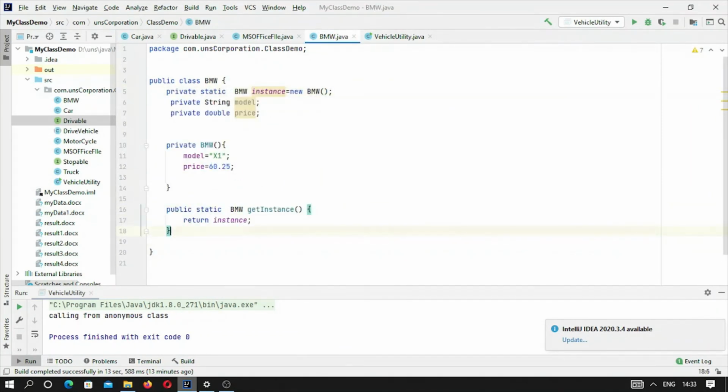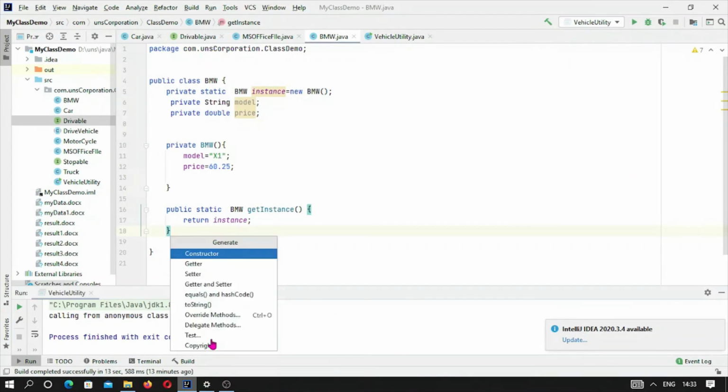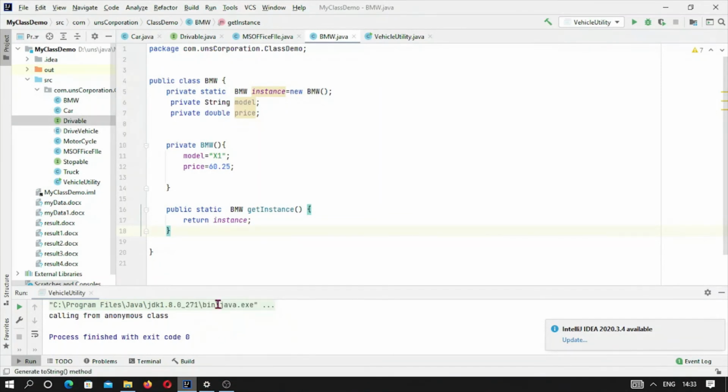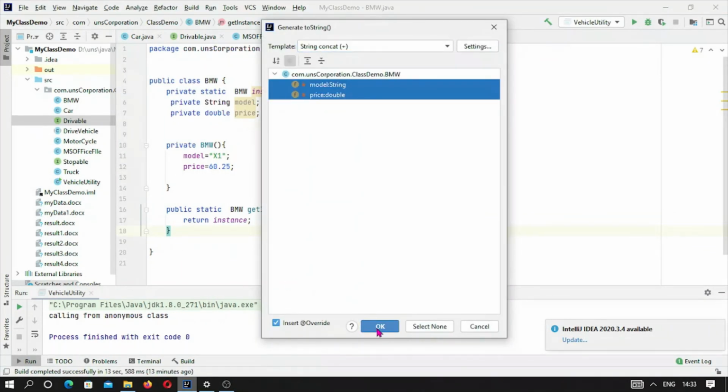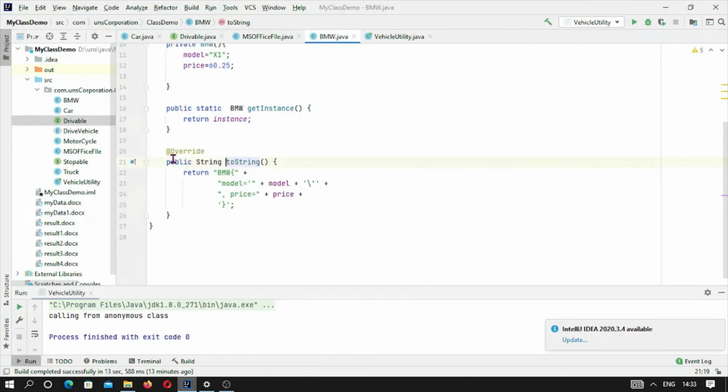This overridden method of the Object class has been created, and it will simply give the model and price in the console.